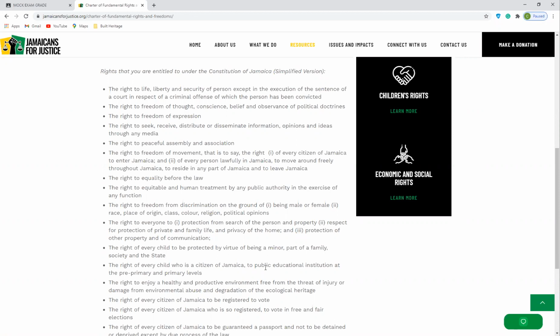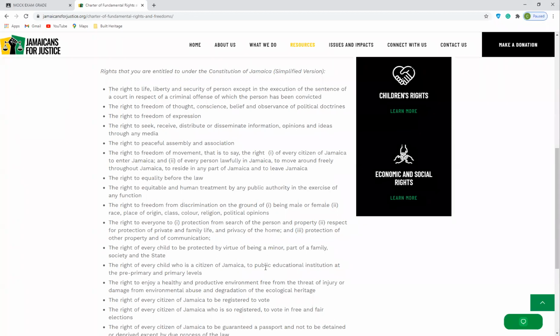1. Protection from search of the person and property. 2. Respect for and protection of private and family life and privacy of the home. And 3. Protection of other property and of communication. The right of every child to be protected by virtue of being a minor, part of a family, society, and the state. The right of every child who is a citizen of Jamaica to public educational institution at the pre-primary